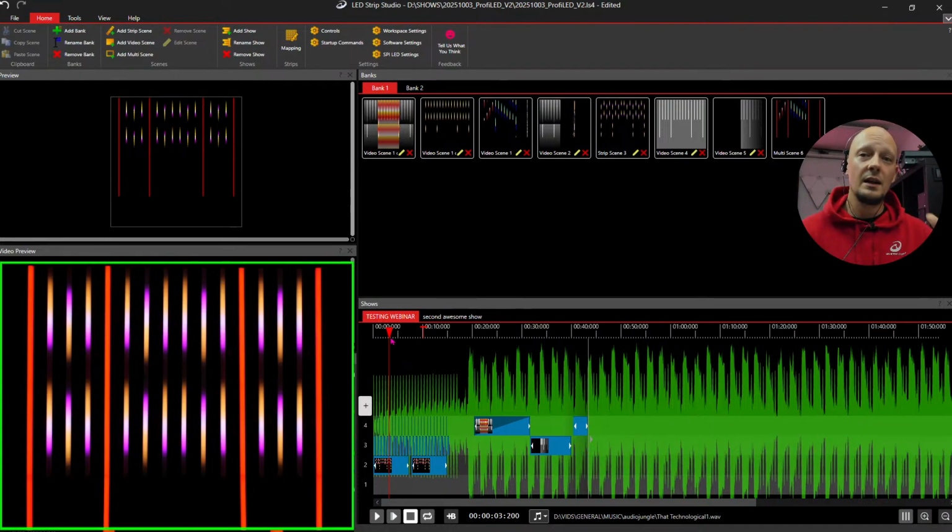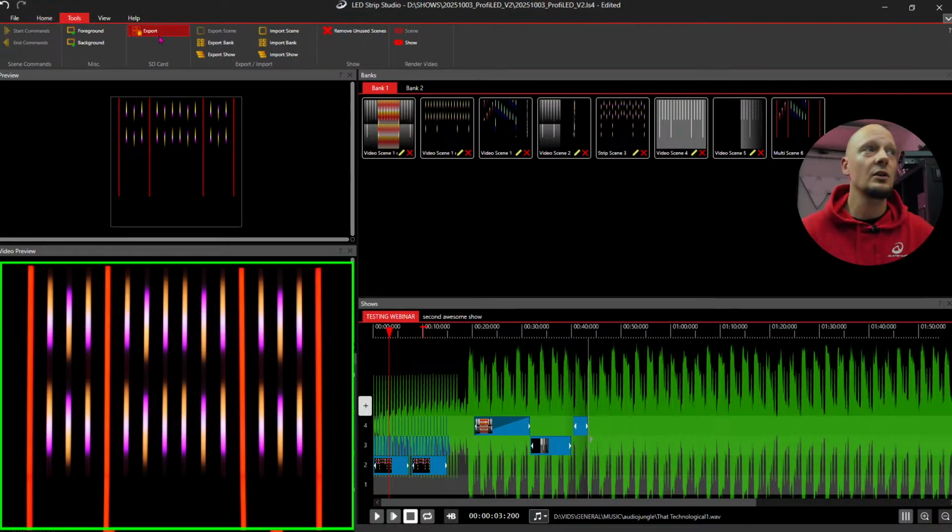But you can also export it as a single effect and then play it from an SD card. All of our devices, that is the LEC3, SPI matrix, reactive or small SPI LED controller, have a slot for an SD card, and this is great for any standalone applications or projects, where you don't have the PC running and can't play the show, but you still want to play the effect. So you can export the show, place it onto an SD card, and then play it from your controller. How can you do that? You can go into Tools, into the Export function,